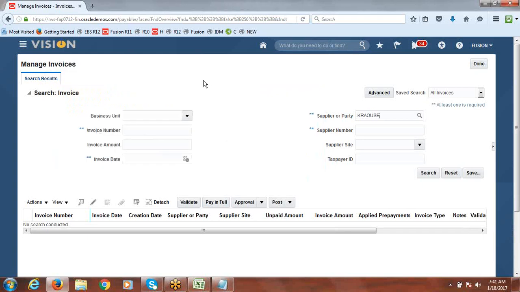If you want to implement the functionality, at the system options level you have to set the cash advance option to yes. Then it will allow you to create the cash advances. For that, again, we have an approval workflow which needs to be configured. Okay, just for information, I'm sharing that. You may try that.